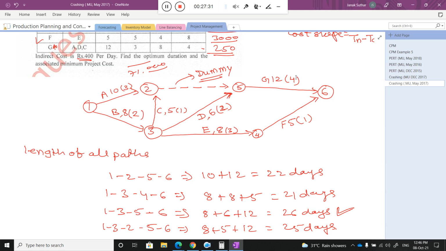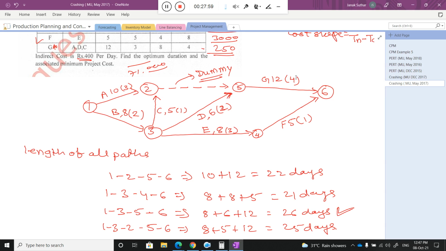This is a very important point, because if I reduce that particular activity by 1 day, then I need to check whether my critical path is changed or not. If I reduce by 4 days and the critical path changes and I am unable to reduce the project time duration, then it will not be appreciated. It increases your project cost instead of decreasing the time duration and cost. Are you getting my point?